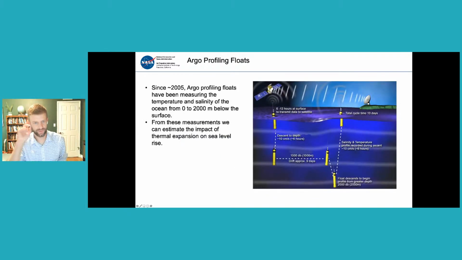All right, so these Argo profiling floats, there's a whole bunch of them in the ocean, about 4,000 at any given time. What they do is they basically travel around with the winds and the currents. They're free floating, but they drift for about, it says here, 9 days. And then on that 10th day, they descend to a depth of about 2,000 meters, and then they rise to the surface. As they're rising to the surface, they're measuring salinity and temperature along that water column. And from those measurements, we can then assess what we call thermosteric, or the thermal expansion component of sea level rise. So we can get really good estimates from these Argo profiling floats around the globe.